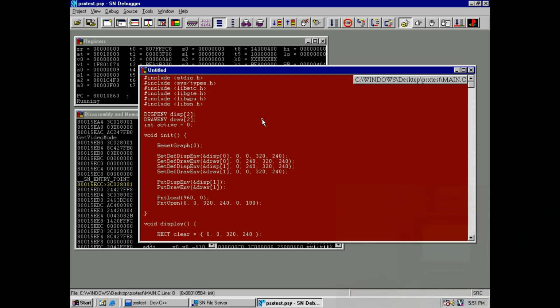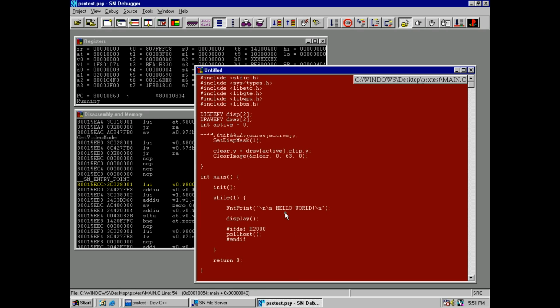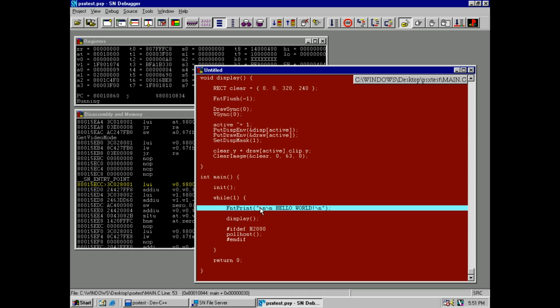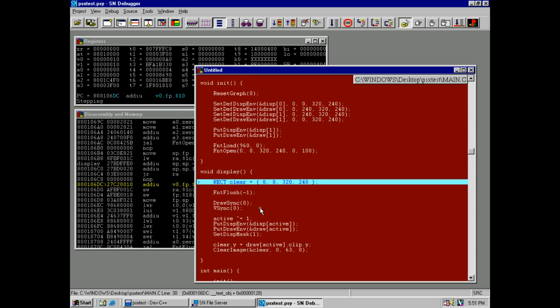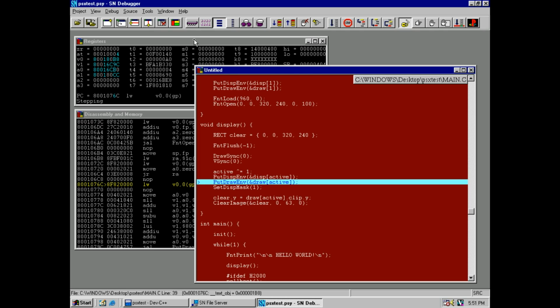So that will be it for the preview. If you've used a debugger before to debug your programs under Windows, this is essentially the same thing. You can step by step through your source code, and let's put a breakpoint here so we can stop the program at this exact point, and we can step through. We can step into functions, and also at the same time see